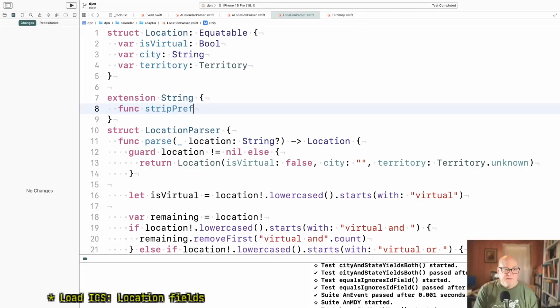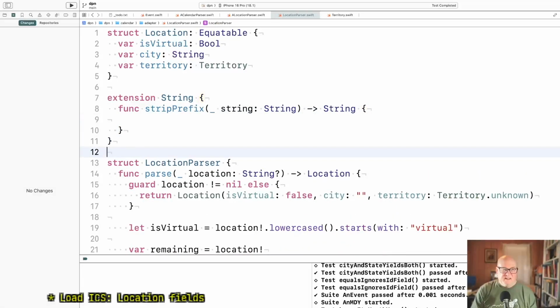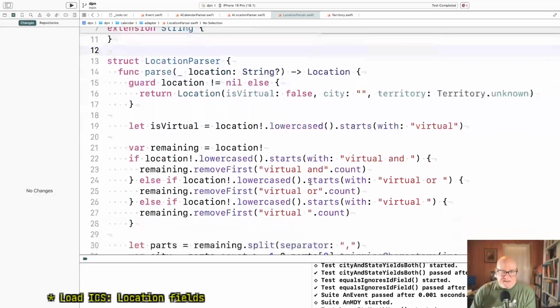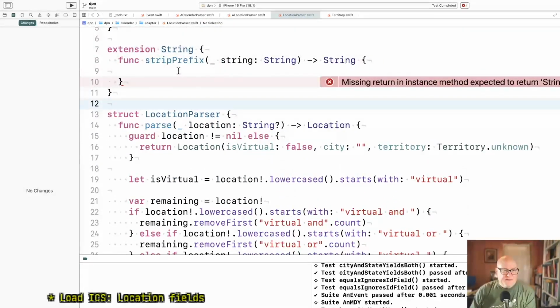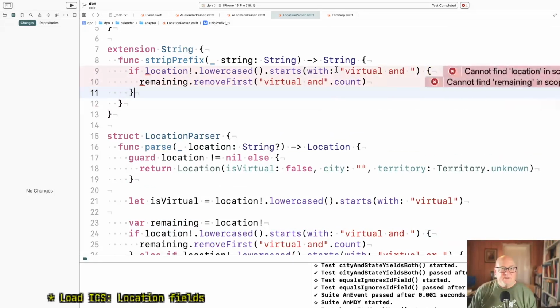Strip prefix of string yields a string. Now it's a tiny bit of overhead for doing this, but well, it's kind of like this. Okay, so if it starts with, I guess this is prefix. Then